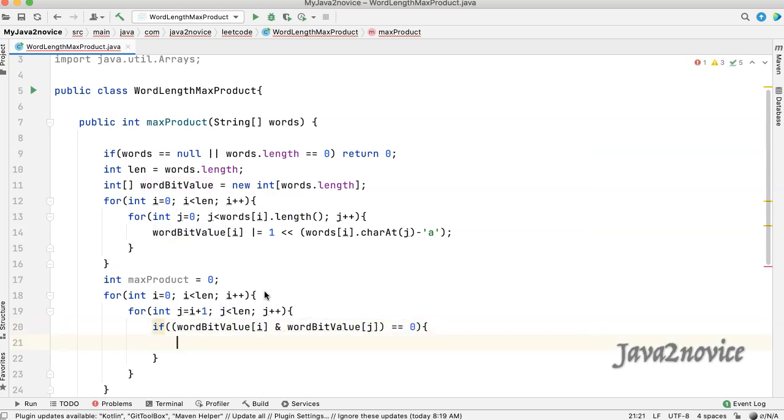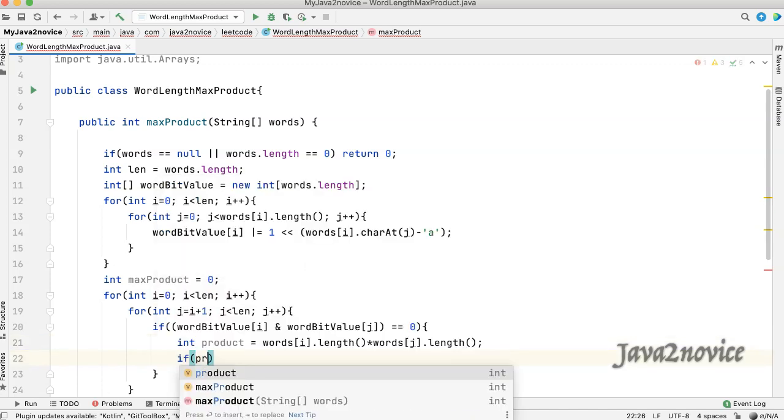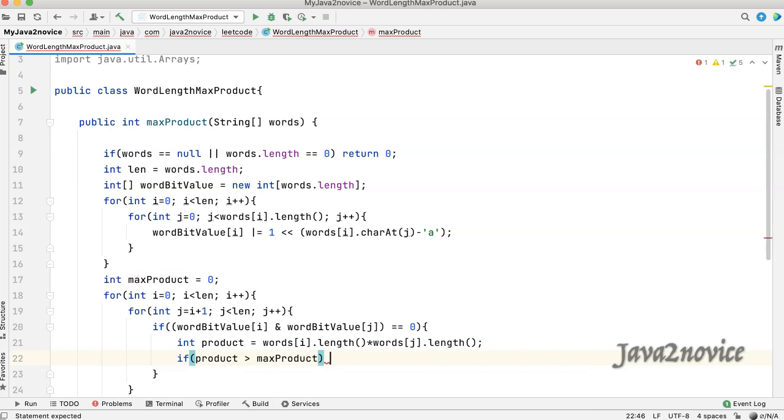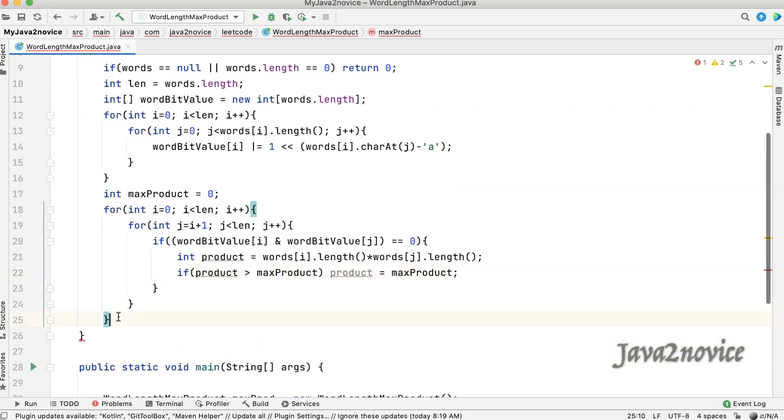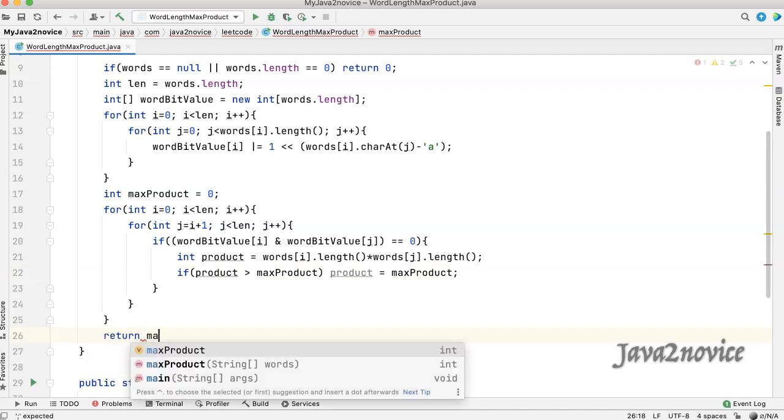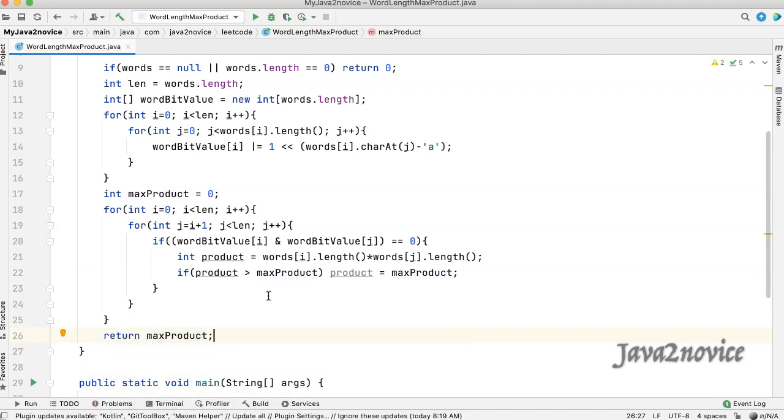Let's calculate the product of both words' length. If the current product is greater than the max product, then update the max product value. Finally, return the max product value. We are done with coding.